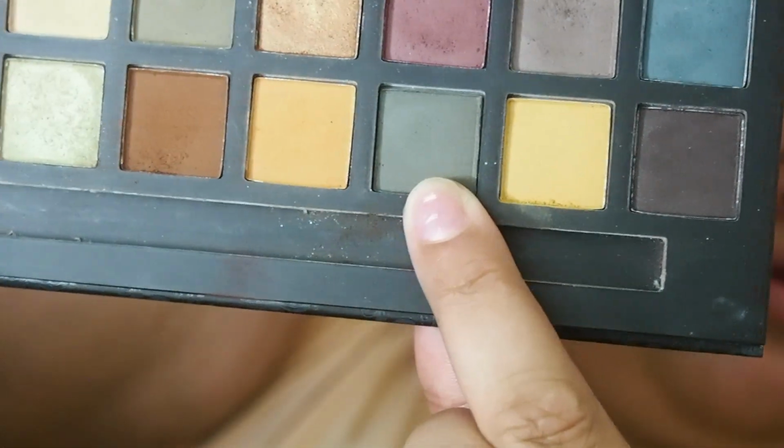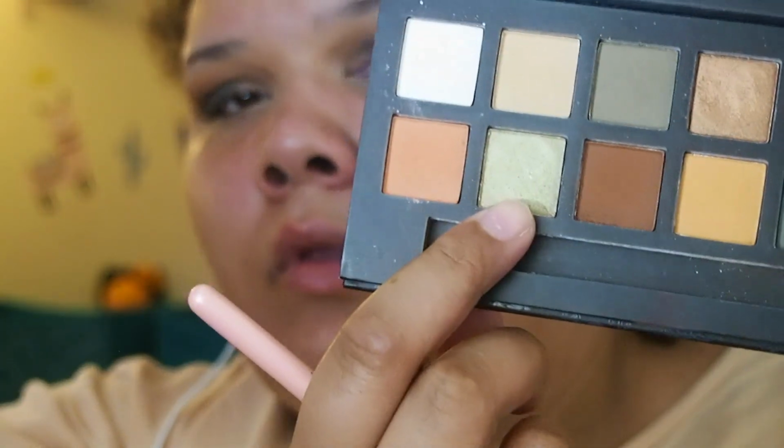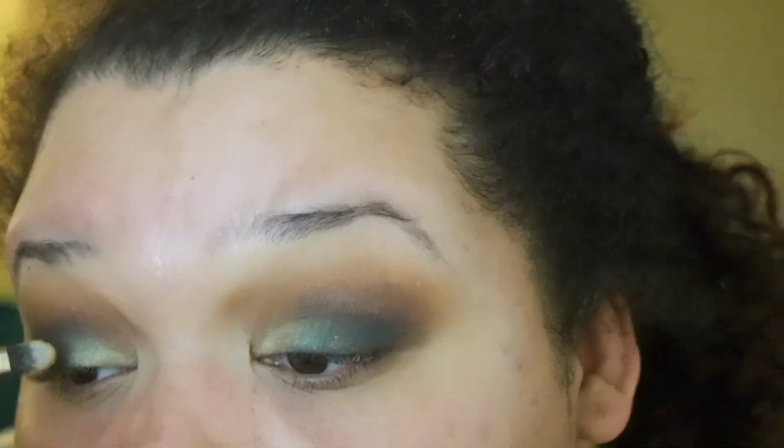And I'm using that greenish type color on the center outer area of the lid. And I'm just going to be putting that on there. And just packing that on, and I'm taking a little bit of other color and packing that right on top. And I'm blending the edges with the fluffy brush, and then I'm going to be packing on this greenish gold type color on my lid and inner corner of it, priming my face with the NYX Angel Veil,